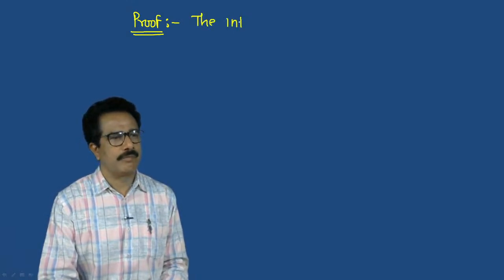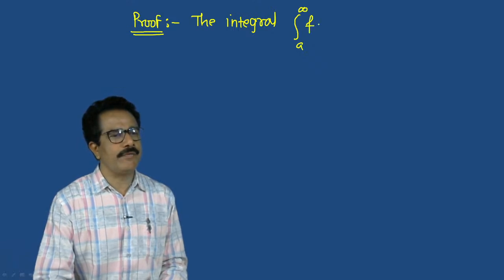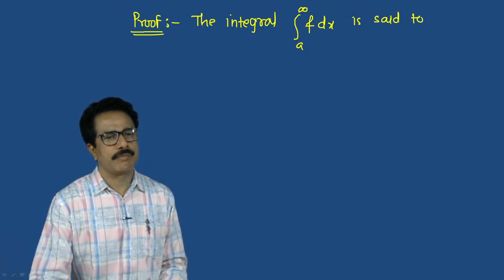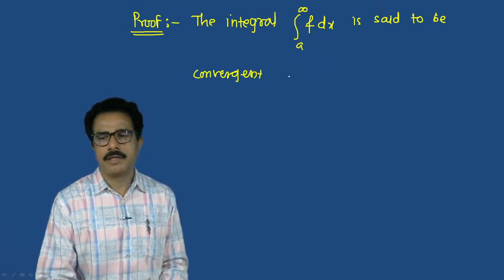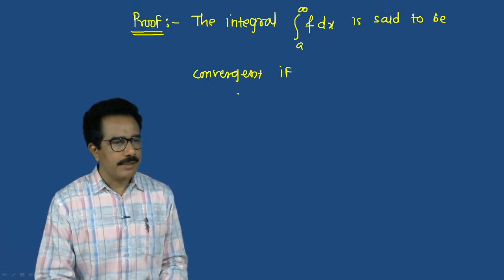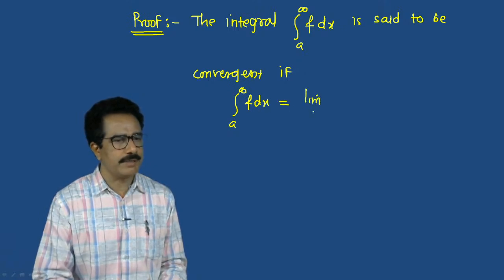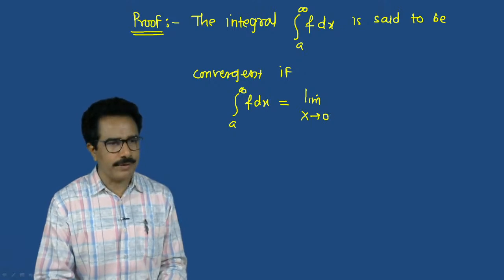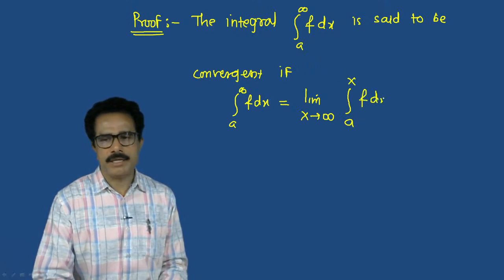See this, the integral from a to infinity f dx is said to be convergent if, what we can say, that if integral from a to infinity f dx is equal to limit capital X tends to infinity, integral from a to capital X f dx,